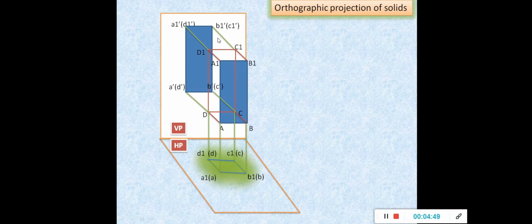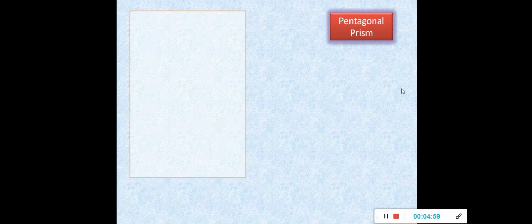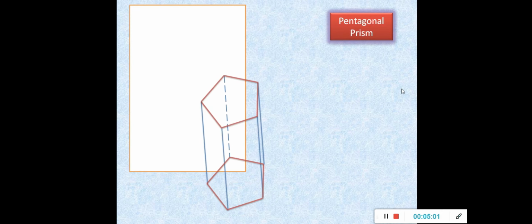So this is how you are going to name it. I've shown this to explain how we name the object solids here, in the front and top view. Now let us go for the pentagonal prism. I have a pentagonal prism. Again, you can see you have a pentagon on the top surface, a pentagon on the bottom surface, and all rectangular surfaces here. This is hidden, even this is hidden. I have represented only this line to make it simple to understand.